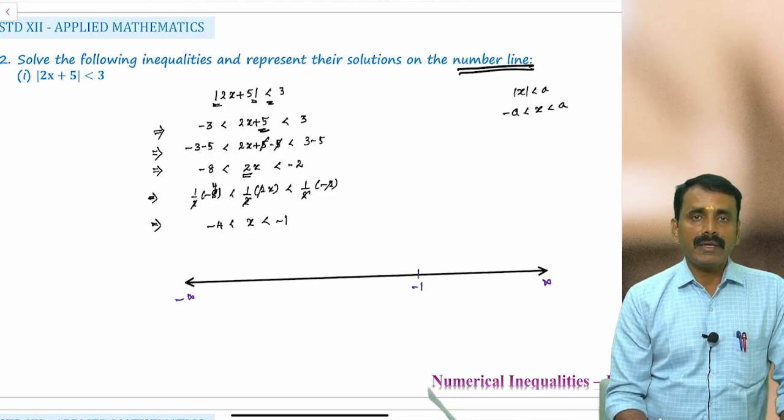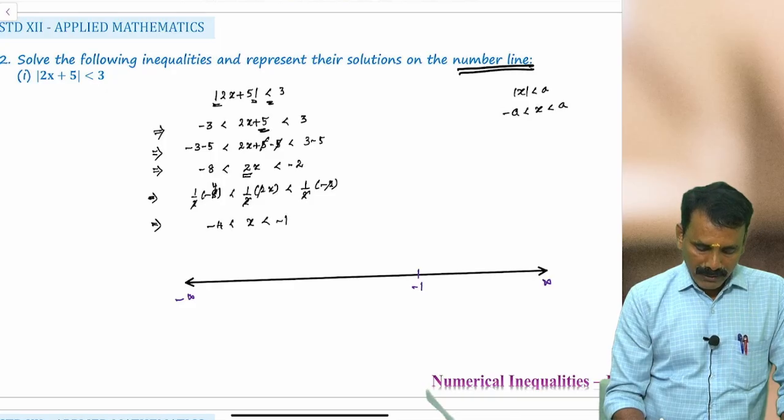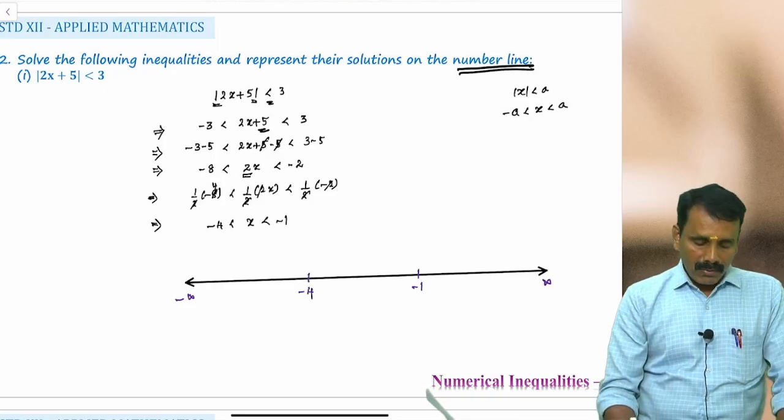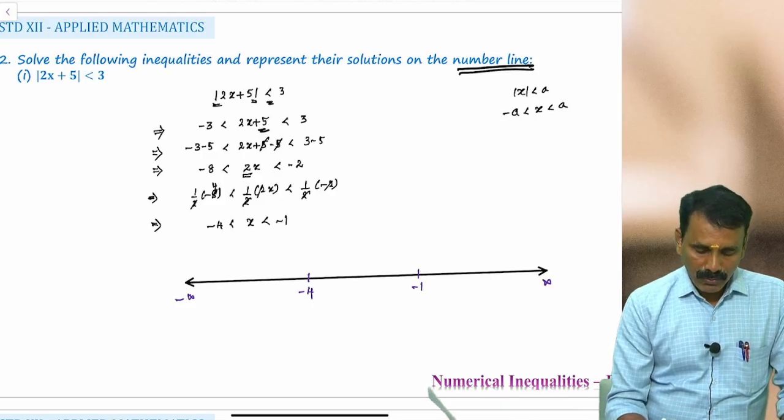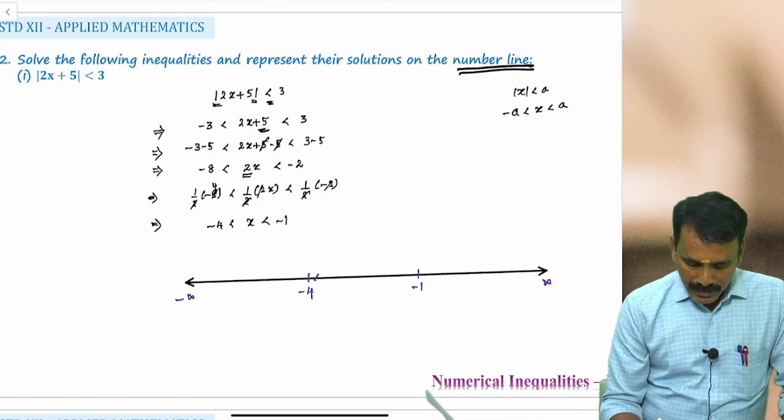Minus 4 will lie to the left of minus 1 because minus 4 is less than minus 1. Now my x is going to lie between minus 4 and minus 1. So what will be the region? The solution set will be in between minus 4 and